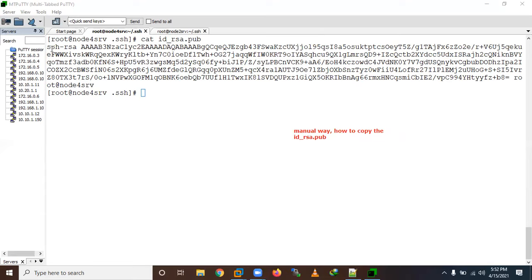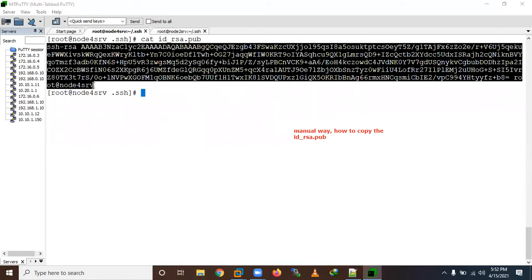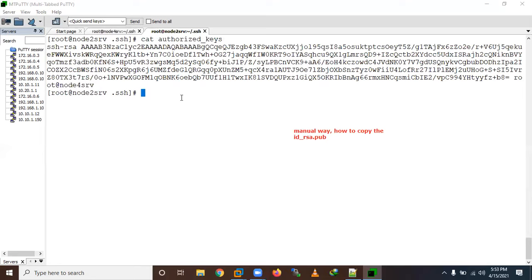It is simple: copy the content here, the public key, and you need to create the authorized_keys file with vim. It was not here, so first you need to create a directory, mkdir under /root. Suppose you are working as root, then you need to create the directory first, for the manual way.